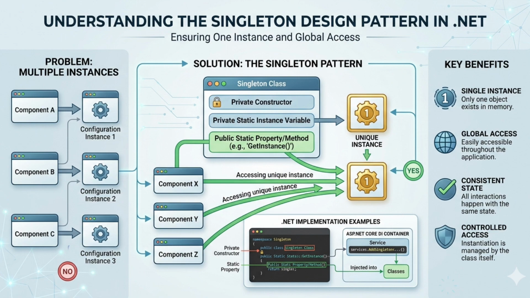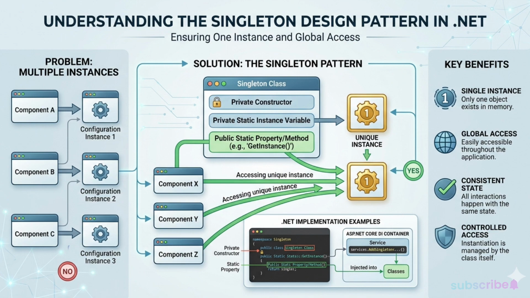The core idea behind Singleton is to restrict object creation so that only one object exists and all parts of the application use that same object. This is achieved by making the constructor of the class private, which prevents other classes from creating new instances using the new keyword. Instead, the class itself controls the instantiation process and exposes a static method or property to return the single instance. This design helps maintain consistency because all consumers interact with the same object, avoiding discrepancies that might